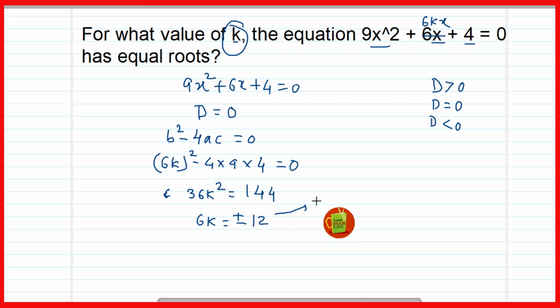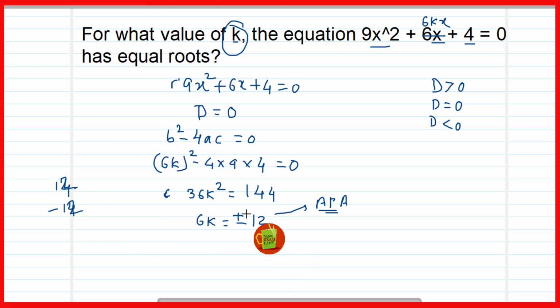Remember here, this is the accident prone area, because the maximum time the accident takes place here, we simply take the square root of 144 as plus 12. But remember, whenever you are dealing with quadratic equations, always take both the signs, plus 12 as well as minus 12, because the square of plus 12 is 144 and square of minus 12 is also 144. So its square root will be plus minus